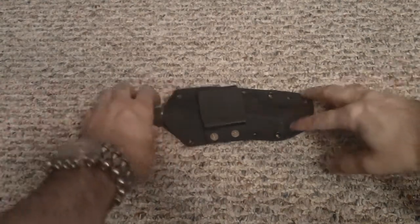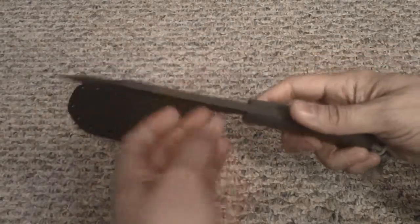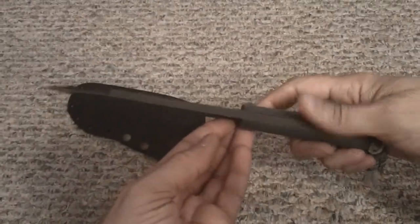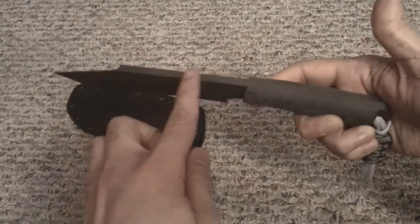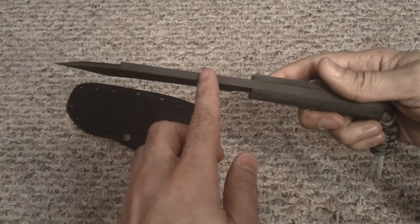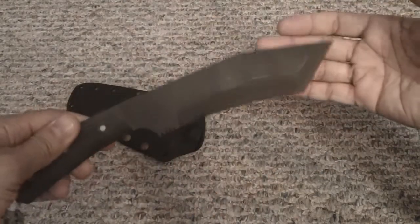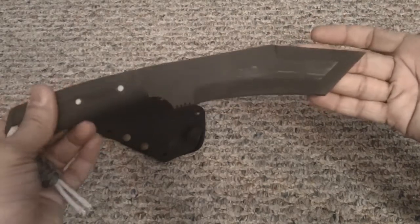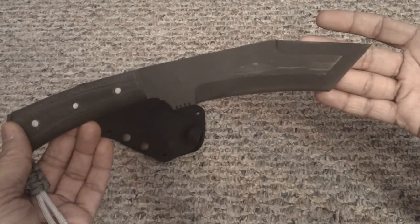Now this particular knife is one full slab of 1095 high carbon heat treated steel. As you can see, it runs all the way through, so it's one piece. It's also clay tempered with a parkerized black coated finish, as you can see there. And right off the bat, you see the blade shape is completely different from anything you've probably